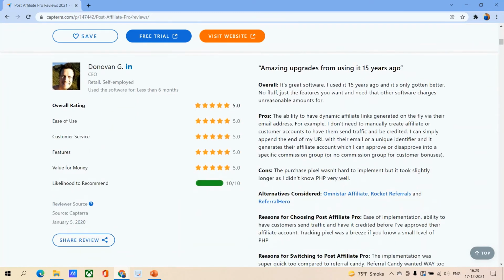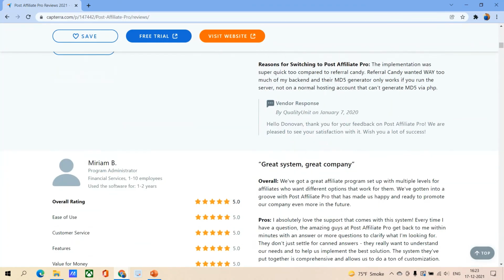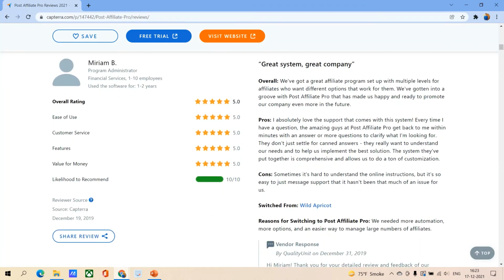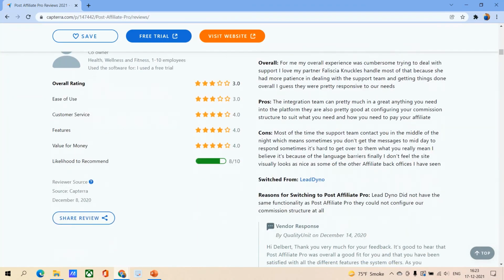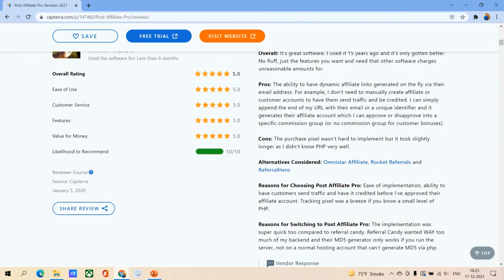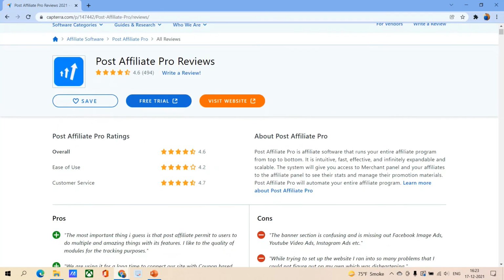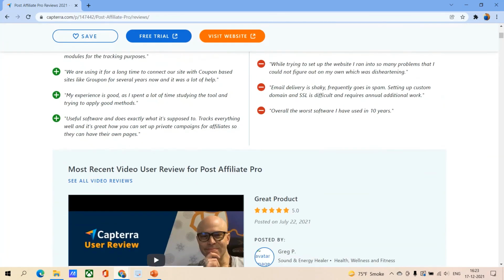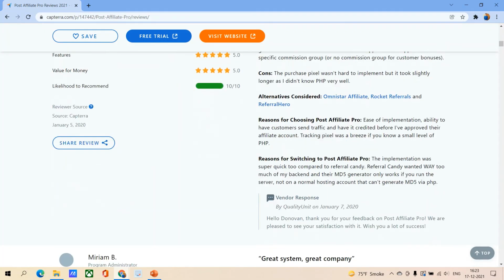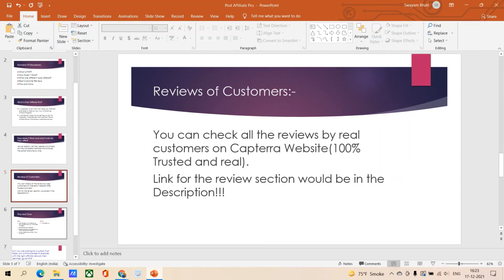So you can check out everything. You can check all the ratings and all the reviews from different customers. So as you can see, Capterra basically gives a 4.6 rating to Post Affiliate Pro, which is really great. Anything above 3.5 is really great software. So yeah, you can check all the reviews through here.